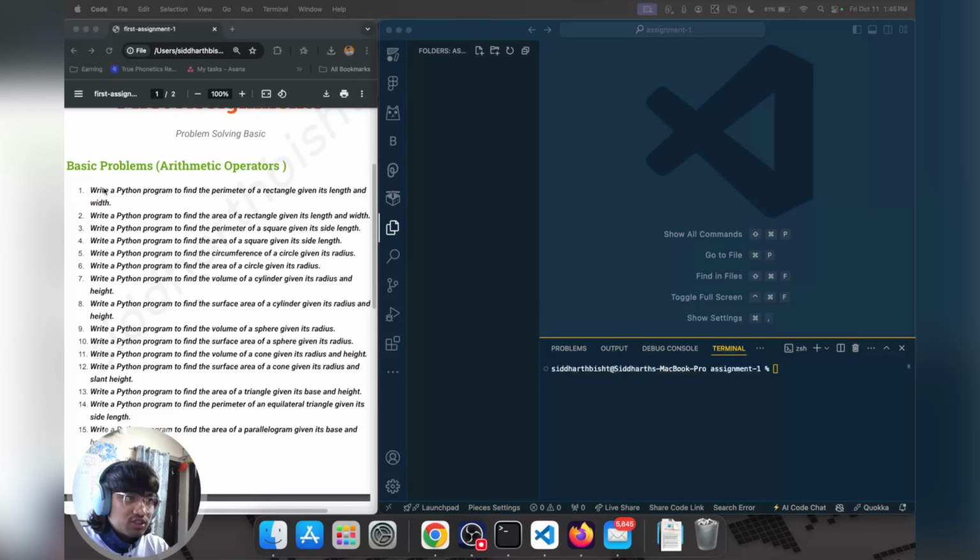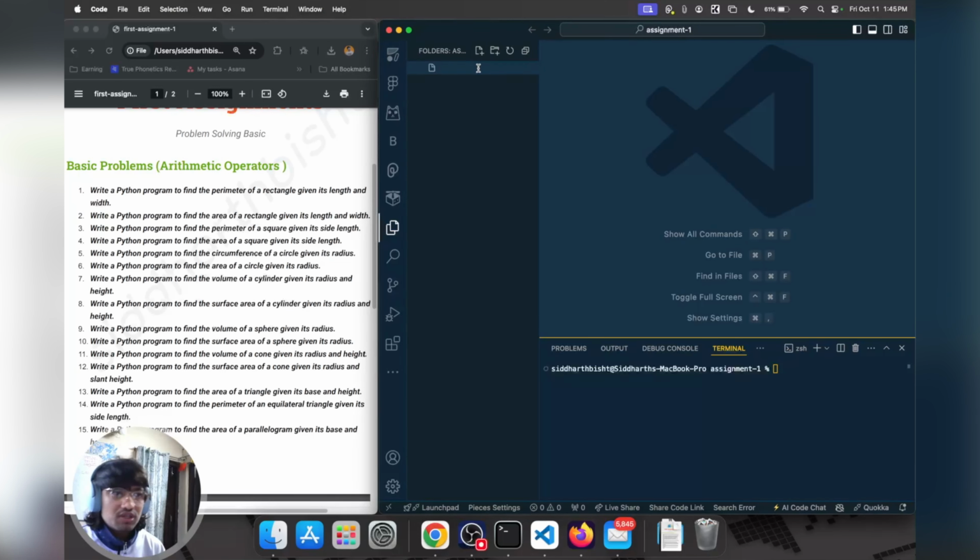So let's read the first problem. Write a Python program to find the parameter of a rectangle given its length and width. So we have to find the parameter of a rectangle and we are given its length and width. So quite easy problem. We just need to Google out what its formula is. So let's start. Rectangle